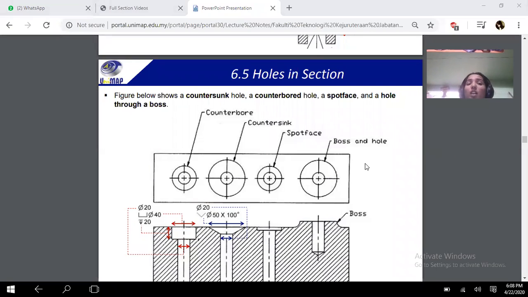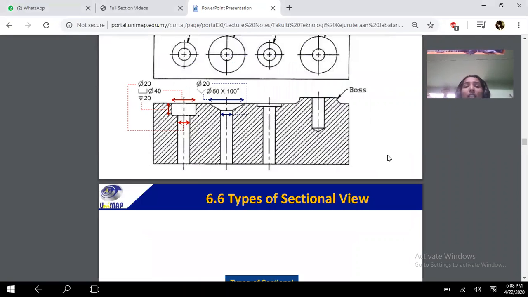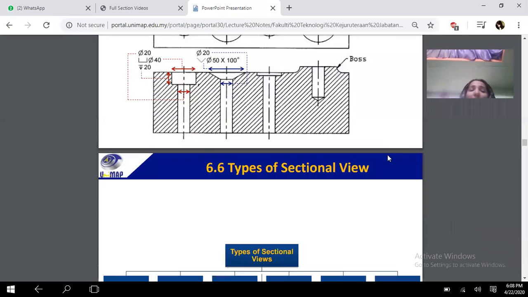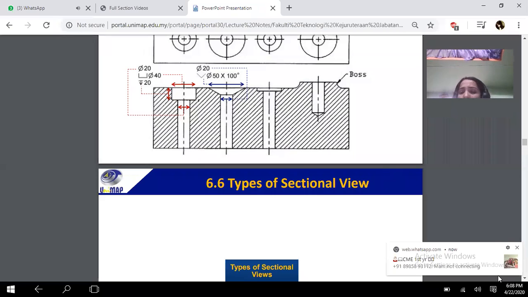With these holes, you are able to define them like this. You can see the figure over here, showing how the holes will be shown if they are cut. So these are the radius of 20, 40, and 20.